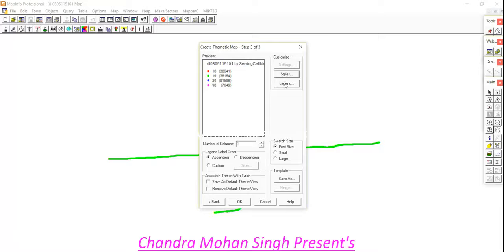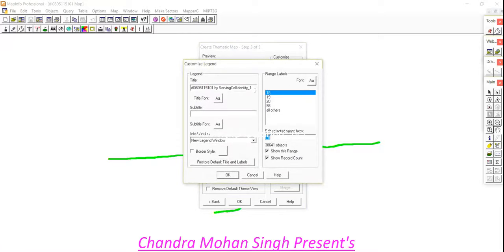After that, we go to legend. In legend, suppose this is a cell identity plot, then if we mention PCI, we write PCI here. If we mention cell identity, then write that here. This is editable. So friends, whatever you want to show in our thematic, we write here. PCI.